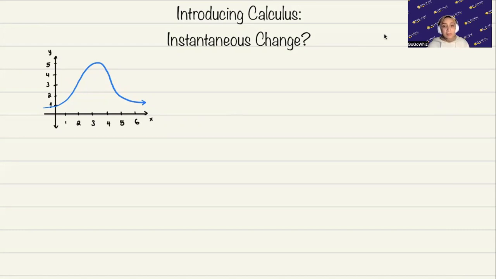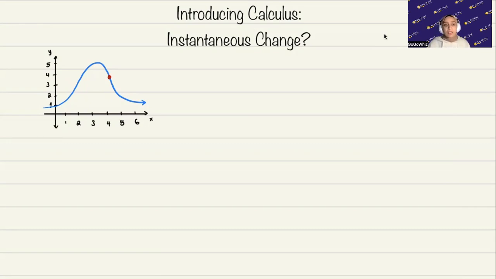What is a limit and what does it mean to have instantaneous change? Now, instantaneous change means that it's happening at an instant. So if I said, what is the limit at this point, right? What is the limit at 4, for instance, at x is equal to 4? Now, if you were to look at this, you're going to say, well, I know that,